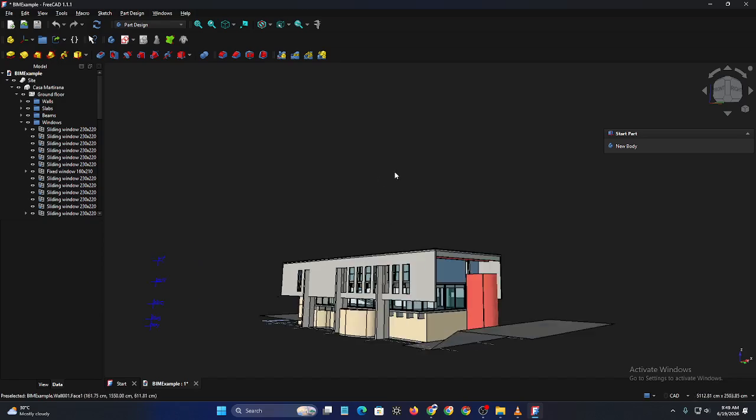By using FreeCAD's import tools, you can work with models from multiple sources and integrate them into your own design